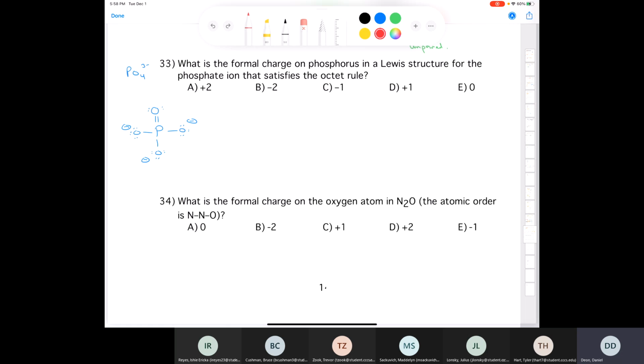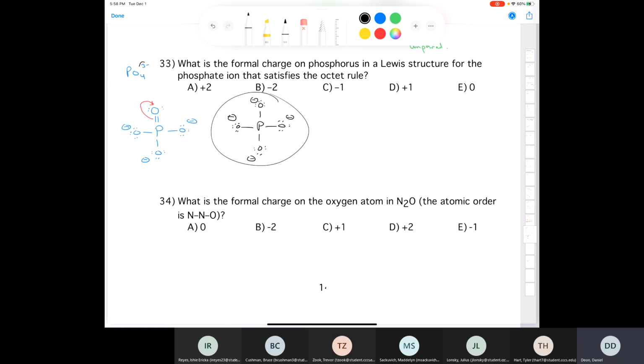What I'd have to do is move the 2 electrons from that pi bond and put them on top of the oxygen like this. So I'd end up with a Lewis structure that looks like this. Now I'm going to have a negative charge here, a negative charge here, a negative charge here, and a negative charge here. So that structure does obey the octet rule, but you're saying, well, now you've got a 4 minus